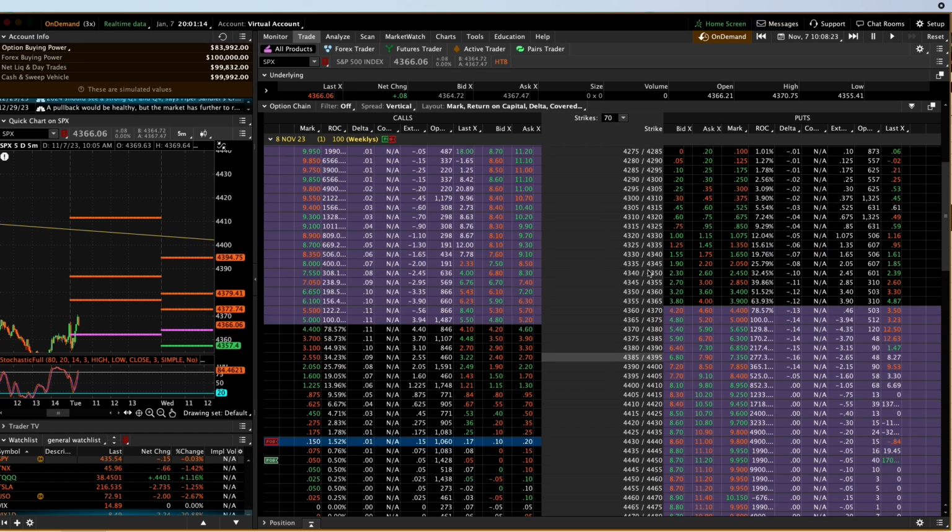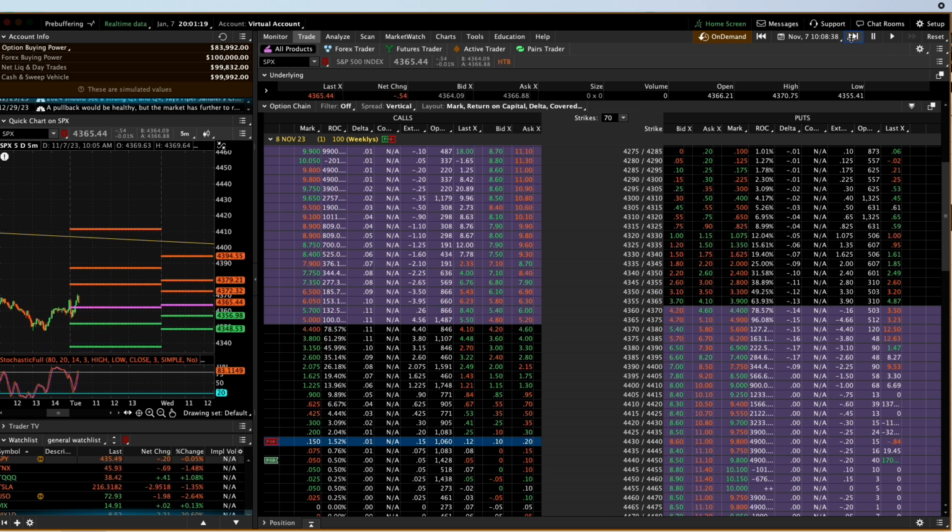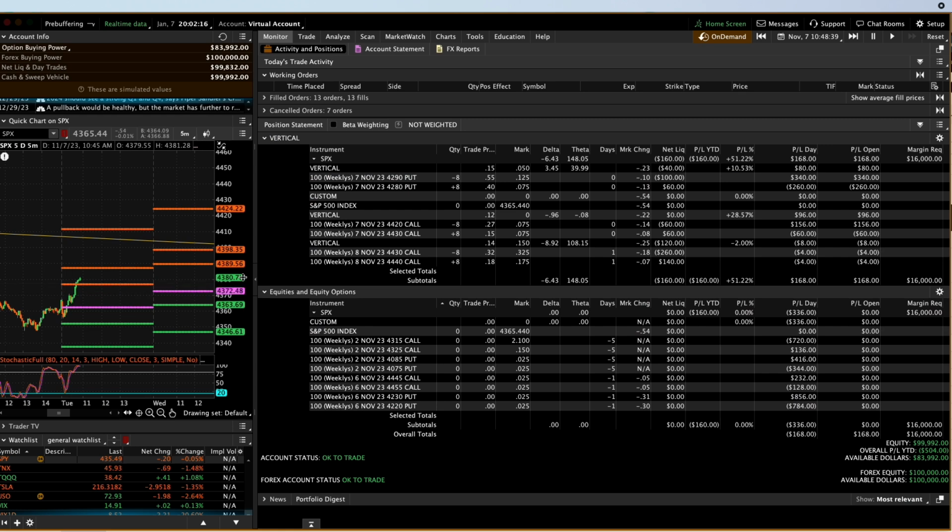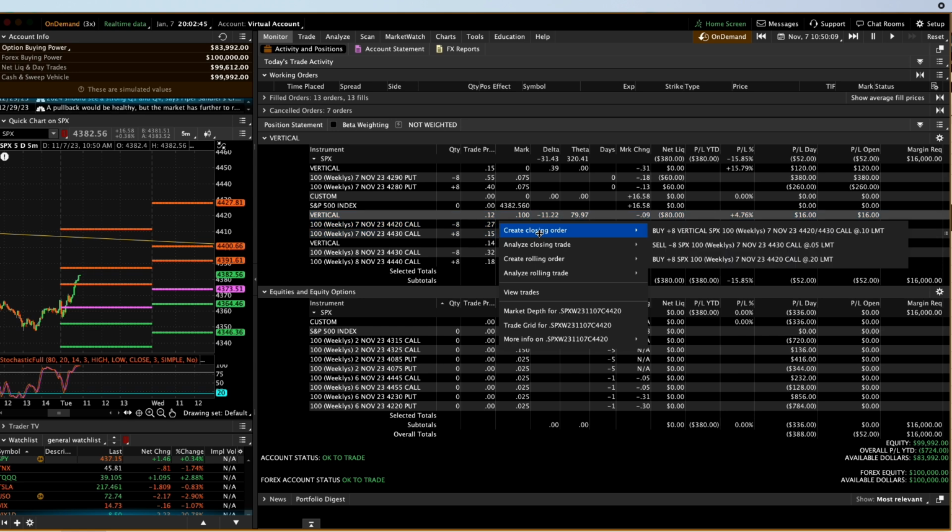All right, now it's the puts' turn, so let's skip through and see if we can find a good put entry. This is what I was talking about with the next day's trade. You have to gamble on it a little bit to see, is it worth it to see if we get a spike up like this that's going to really hurt us, or is it worth it to take advantage of the theta that's built into the day to get really high up into the stratosphere if you can. So we haven't lost the gamble yet, but we're getting close, as you can see with this pivot point right here. So I'm just going to go ahead and close this while we're ahead.